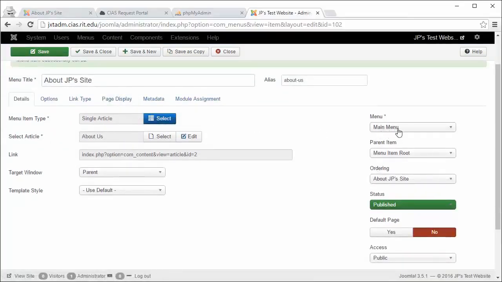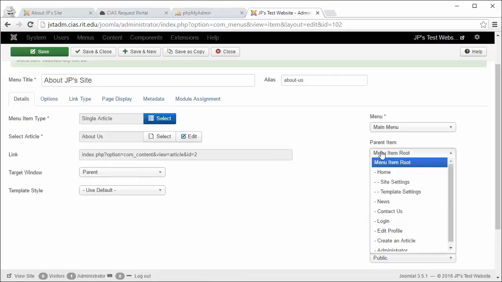We also have a whole bunch of other options. This is where we specify that we want it to link to a piece of content. What I'm going to do actually is create a new content item and then we'll link to it here. So I'm not going to look into this part too much yet. This specifies if we want it to show in the same browser window or open like a pop-up window.